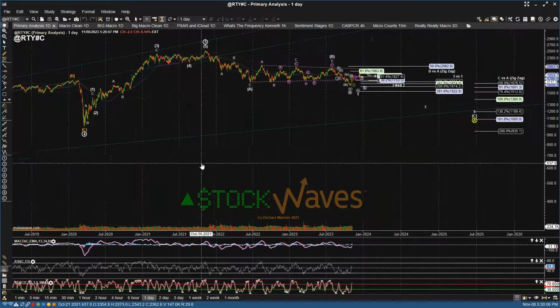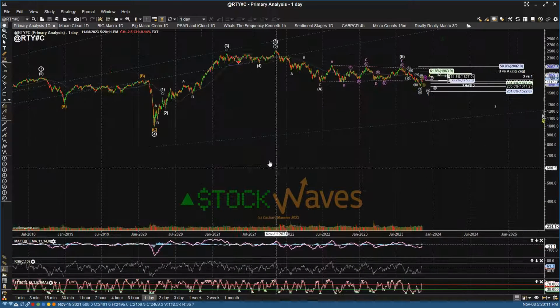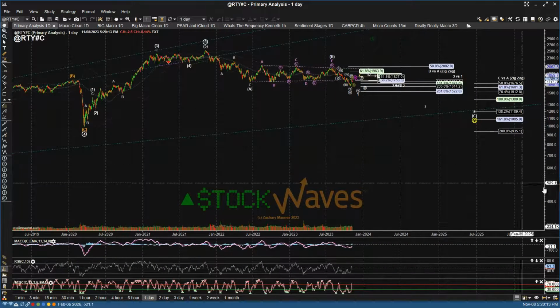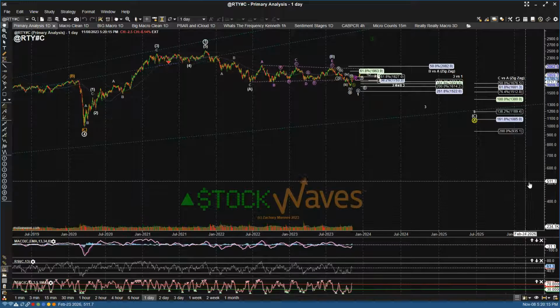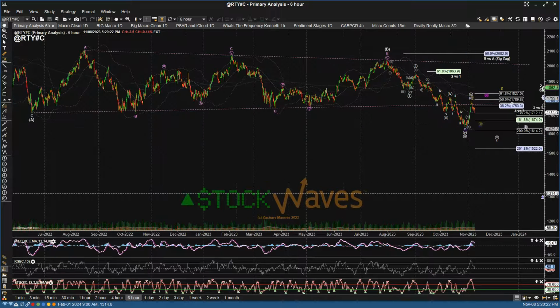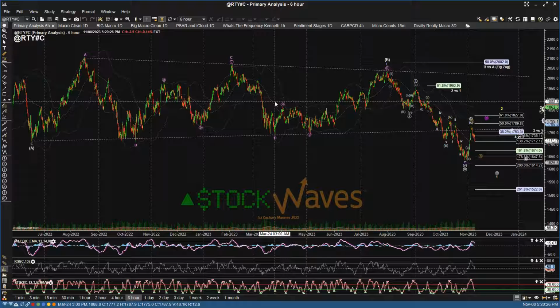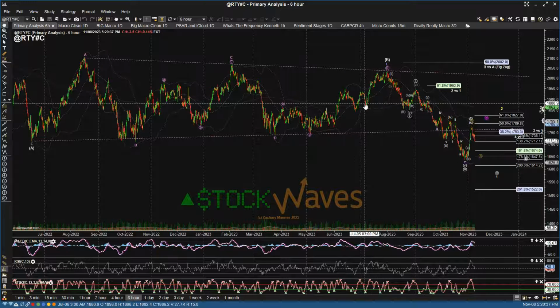So the Russell is another chart that Avi and I are counting very, very differently. And that is a potential challenge in Elliott wave, where you can have two different valid counts. And so knowing where the commonalities are, and what you should be seeing if something else is the case, I think is pretty important. So